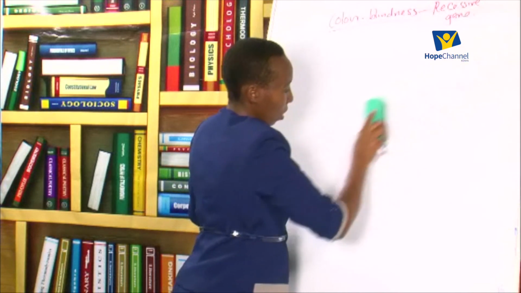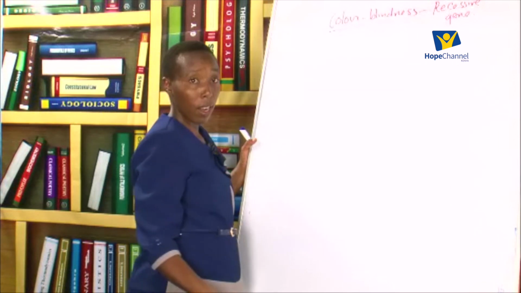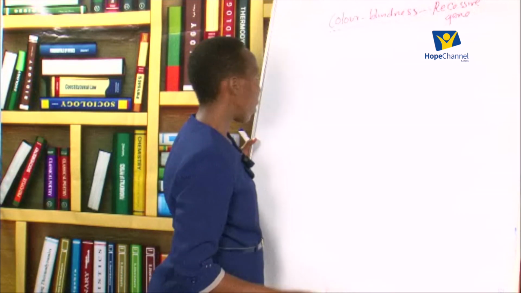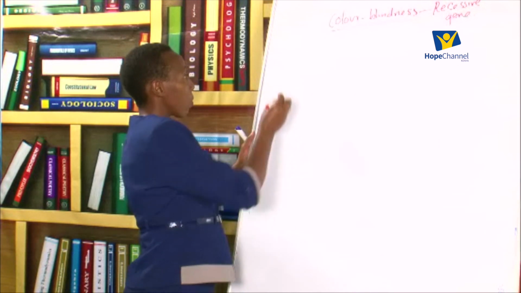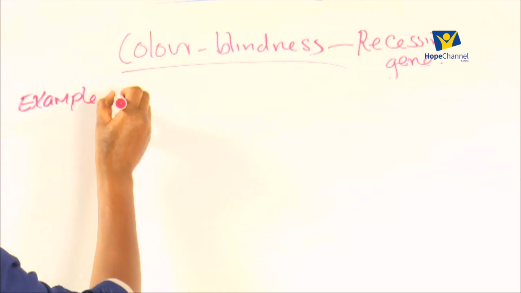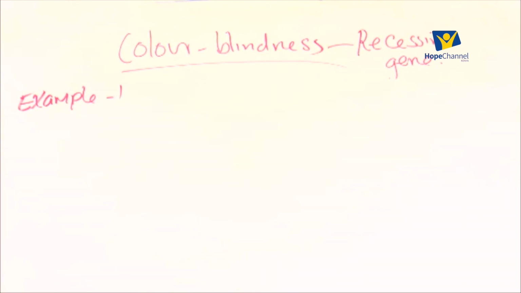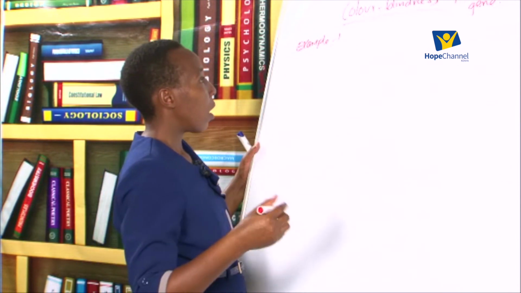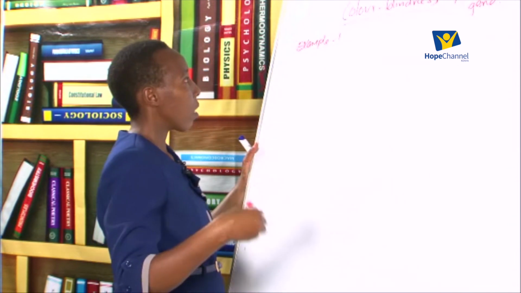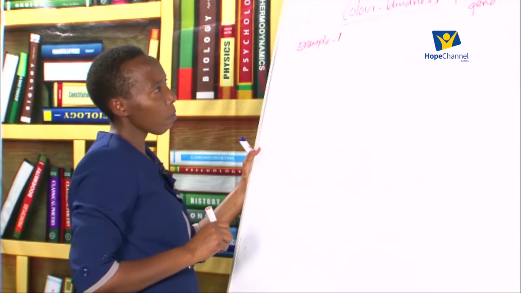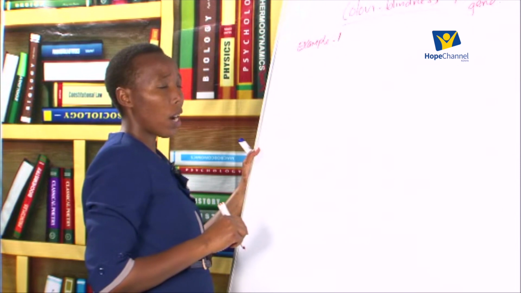Then the question is, where did they come from? What happened? That is where the blame game gets in. But let's see. We have an example. Start with example 1. I'll use some of the examples so that it becomes easier. So example 1, we have a normal color vision man